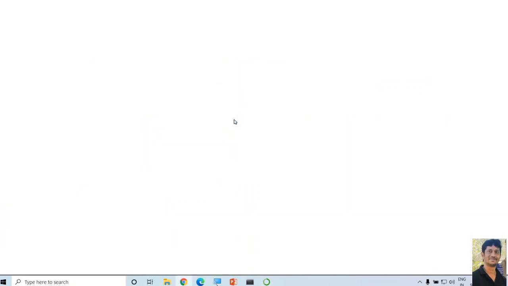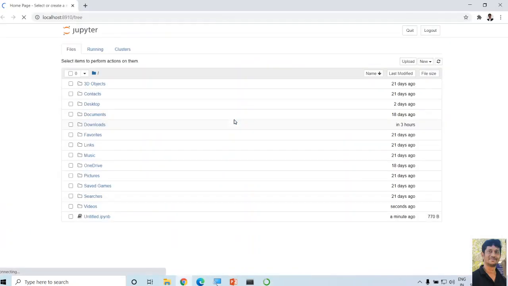As soon as you press the launch button of the Jupyter Notebook, it is going to pop up a new window on the web browser. Jupyter Notebook is one of the web-based IDEs to run the Python programming language. It not only supports Python, but also more than 40 programming languages, including R as well as Scala. You can see here the file system of my laptop.